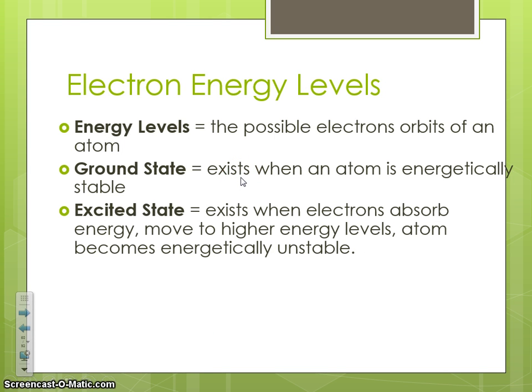There are 3 terms that are connected to this movement in the energy levels. When we look at energy levels, those are the regions around the nucleus that can exist and hold different numbers of electrons. That was the part that Bohr got right. Remember though, they're not orbits, they're more like clouds. Ground state would be a normal atom's state of